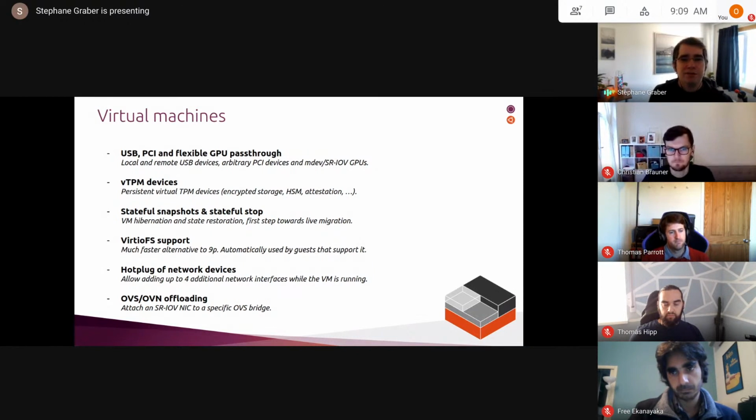The primary use case for that would be for things like encrypted storage inside a virtual machine. You could use the TPM to seal an HSM if you need certificate storage that's potentially slightly safer. And you could use that for some kind of remote attestation and measurement of the boot of the VM and how it works.